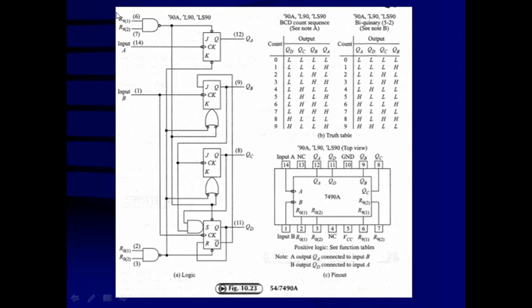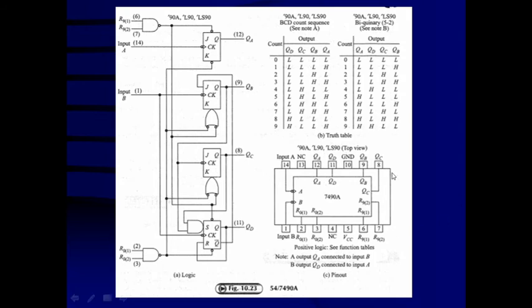But another way also you can operate. You can give the system clock to the input B and the output of QD you can connect as a clock input of the flip-flop A, and here QB is going to be LSB, and this is going to be next LSB, and this is going to be next LSB, and the output of this one is connected as the clock input of A. That means QA will be working as the MSB, that is the most significant bit, and that way also it will work as a modulus of 10 counter, but this is a modulus of 5 counter which is followed by a modulus of 2 counter, and it is called a decade counter, but it follows the biquinary count sequence.